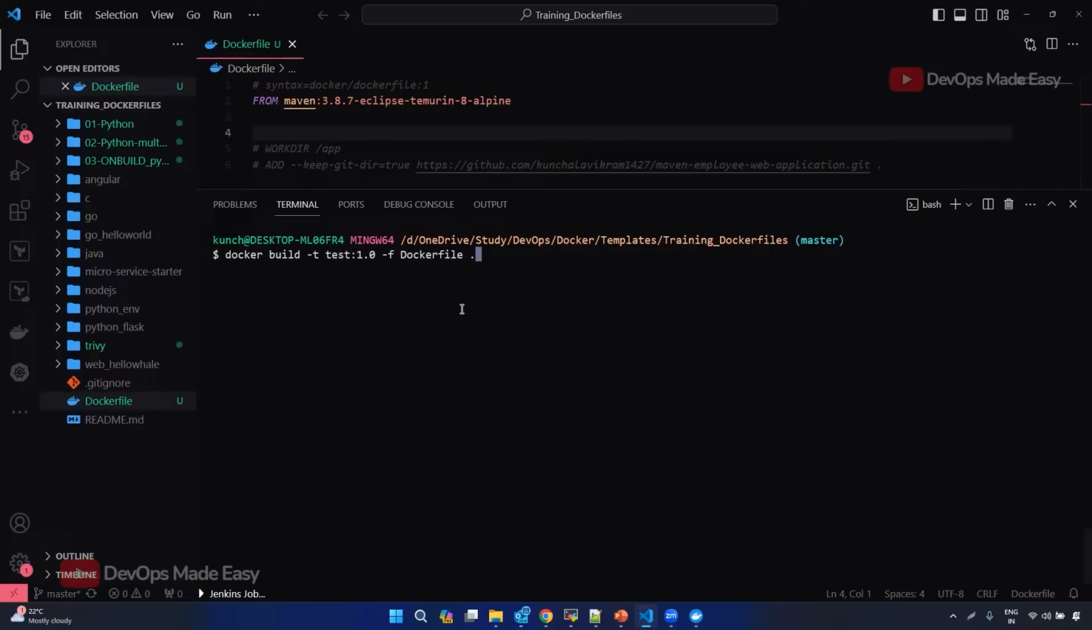So what if I don't give the name of the file using -f? It will always look for a file known as Dockerfile in the current location, that is with capital D, Dockerfile without any extension. But if you have a Dockerfile with a different name, or with a different extension, let me just put it as txt, then only you can use -f. Of course, you can use it for a standard Dockerfile, but that is not required. So when you execute this command, you will see that